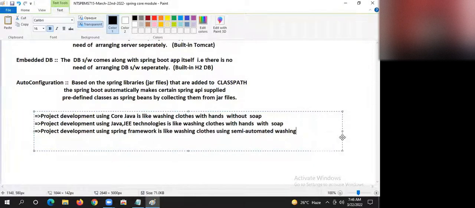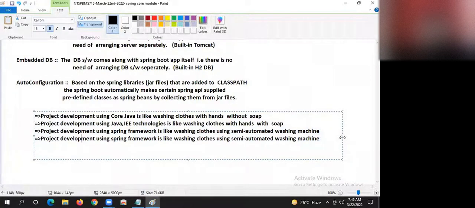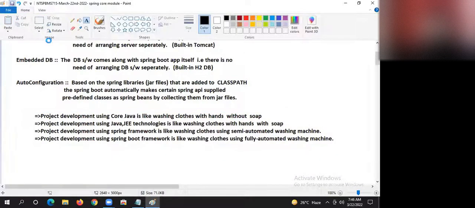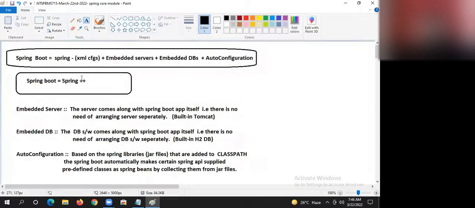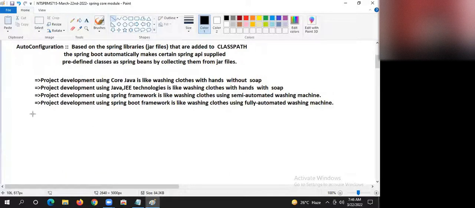Project development using Spring Boot framework is like washing clothes using a fully automated washing machine. Everyone got the clarity, my dear? Okay. Super, boss.